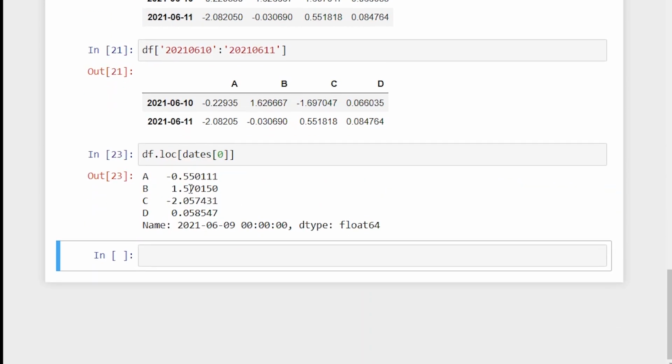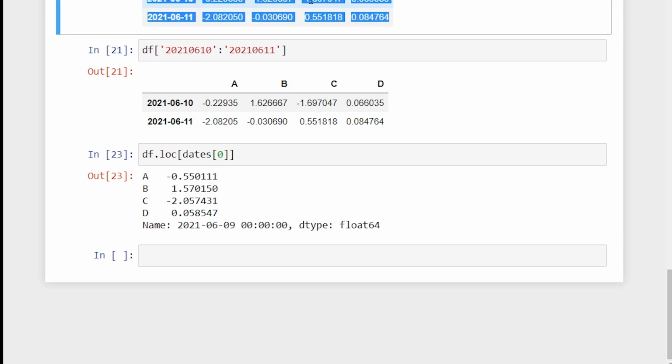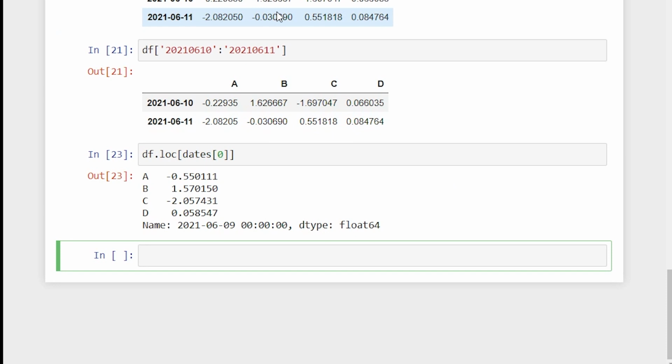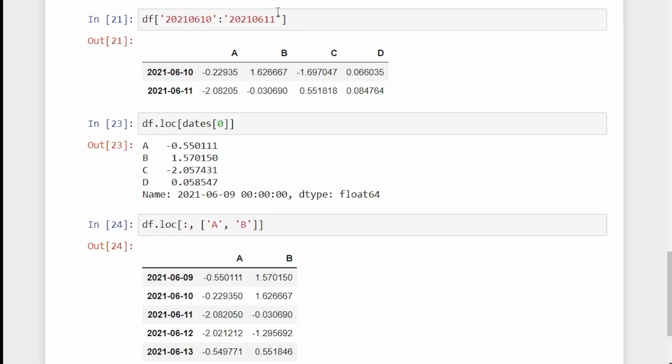Okay, so it is going to help me fetch the dates from the 0th row. LOC is actually used to get values when you have them in the row. It is very convenient, you can use it the way you want and it is extremely efficient. Then I can say df.loc and here I'll specify a colon, and after that a comma, b, and check the output.